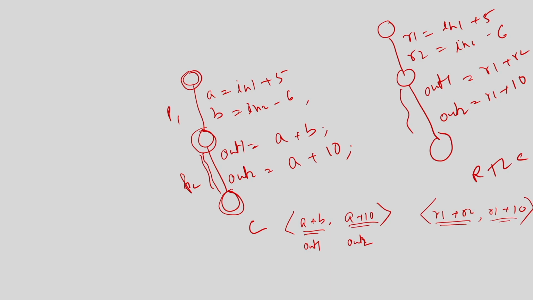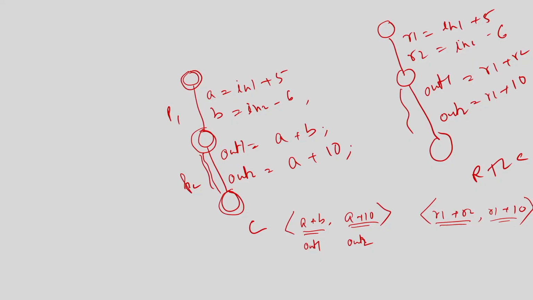But here I cannot compare because they are using the intermediate variables A and B, here it is R1 R2, and I have no information whether A is R1 or B is R2 or not, right. So, I cannot just compare. So, that is a big problem, right. So, the problem is that this cut point based method won't work for this, because when you take an intermediate path, my data transformation or the expressions will be in terms of the intermediate variables, and the intermediate variables are completely different, right. So, I cannot just compare these two paths.